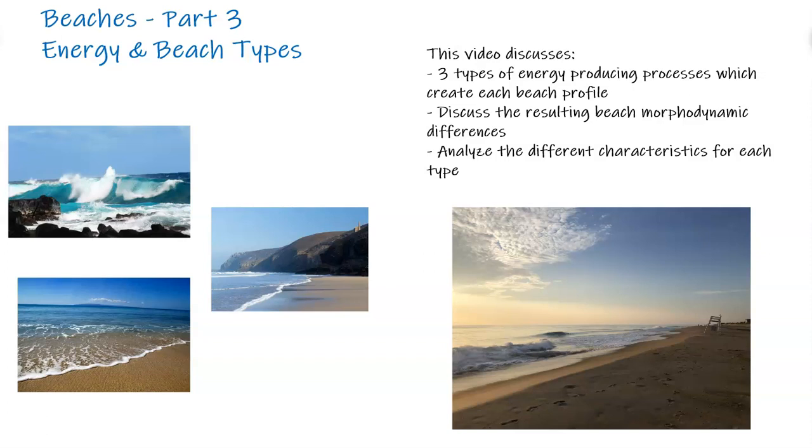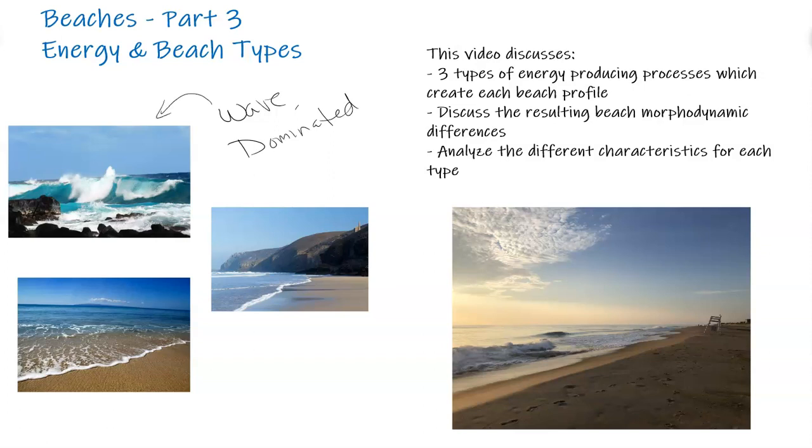So in part 1 we discussed basically what is a beach and how it's formed and what it's formed from. So please check it out if you haven't seen it. Part 2 is all about a bit more detail in the deposition, the types of beaches you can get and how they form. And we left off part 2 looking at the 3 main types of beaches, which was wave dominated,